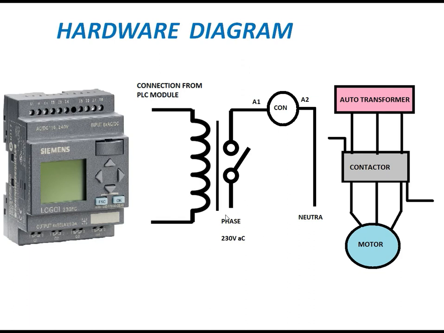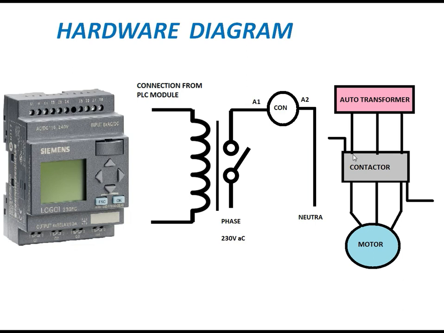Here I have given phase, this is called common and this is called NO. So I have given 220 volts AC supply to this one, and when your relay is on, this NO becomes NC and your contactor is getting on, okay. This is your neutral, you can give to the neutral here also, okay. Now you can take, this is phase, A1 A2 as I showed. This is an auto transformer. I took the 3-phase supply from the auto transformer, and I took A1 and A2, meaning here phase and neutral. So your coil gets activated.